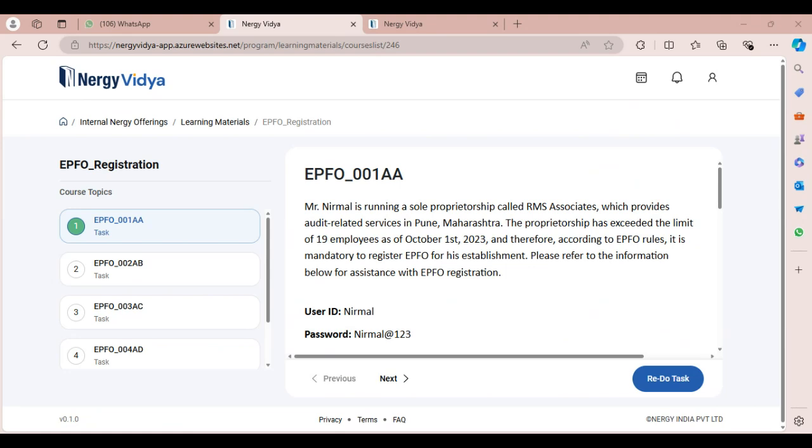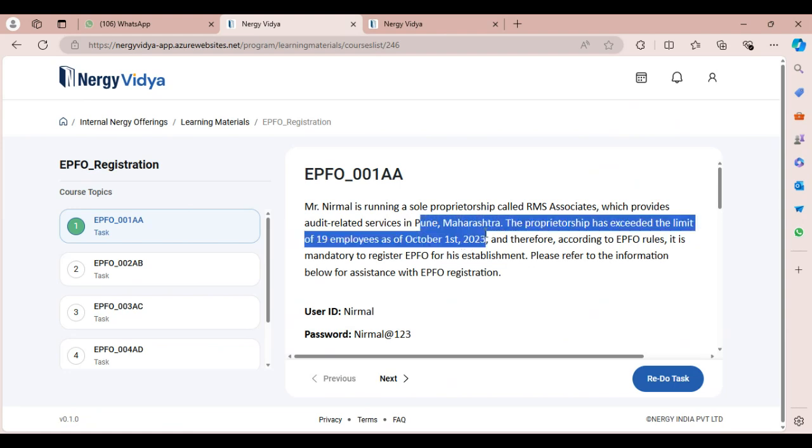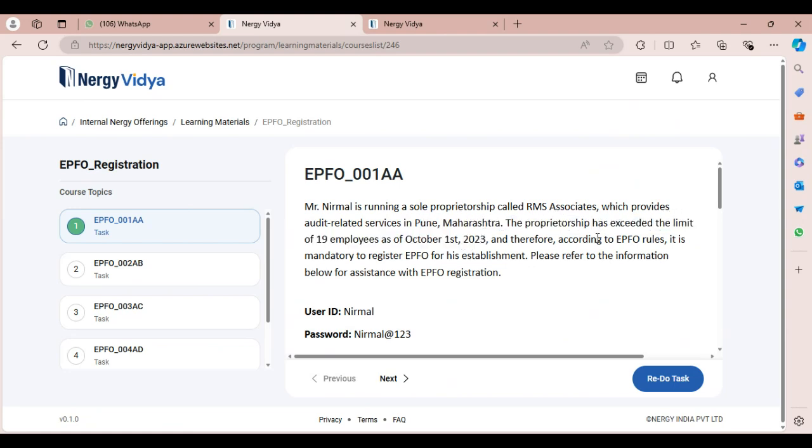Everyone, I hope we are on the same page. Now let us start with EPFO registration. Let's hear the question first. Now, Mr. Nirmal is running a sole proprietorship called RMS Associates, which provides audit-related services in Pune, Maharashtra. The proprietorship has exceeded the limit of 19 employees on October 1st, and therefore, according to EPFO rule, it is